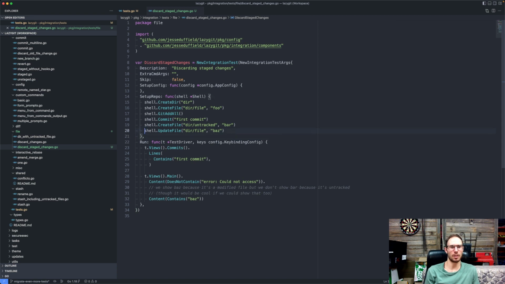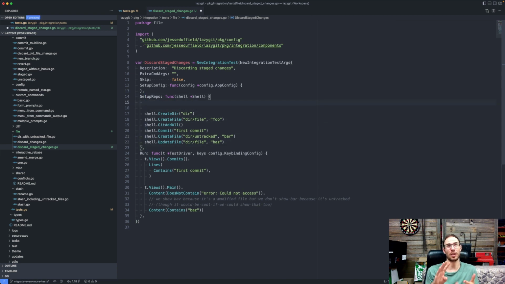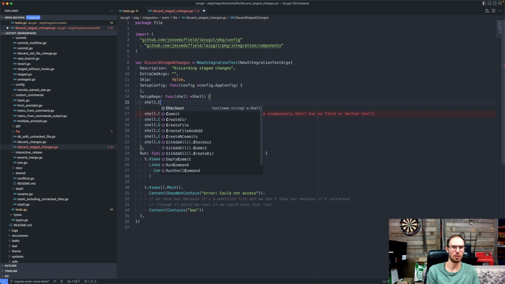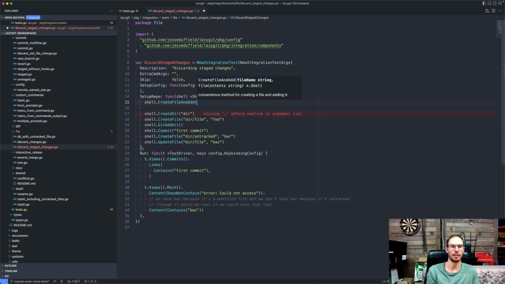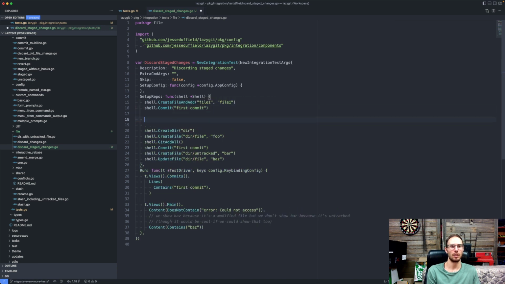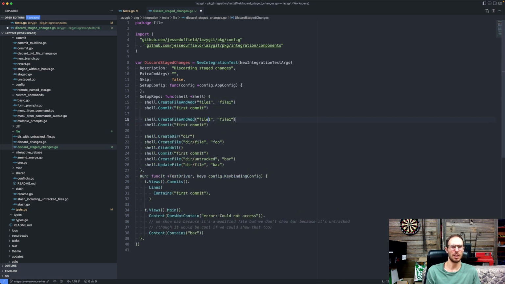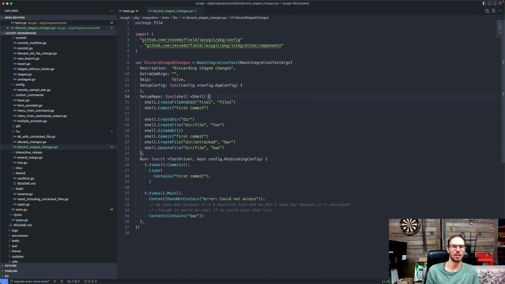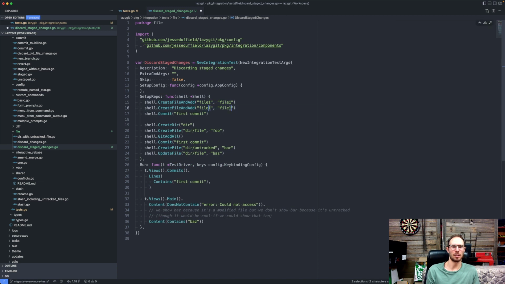So we want to copy across the same approach we took before. You want to create 3 files, each in their own commit, and then you want to modify a couple of them. So shell.create file and add file 1, shell.commit, first commit. Same deal with this other guy. I don't even know why they need to be in separate commits though. It's not necessary. So I'm just gonna get rid of this, and we'll just add a couple of these guys here. So 1, 2,